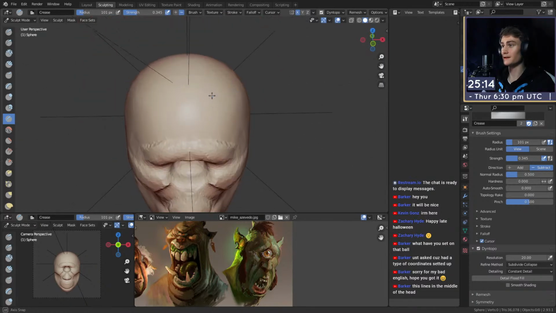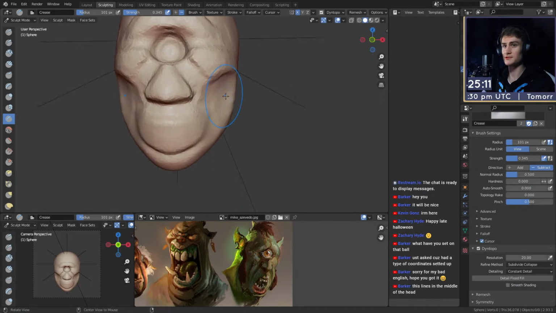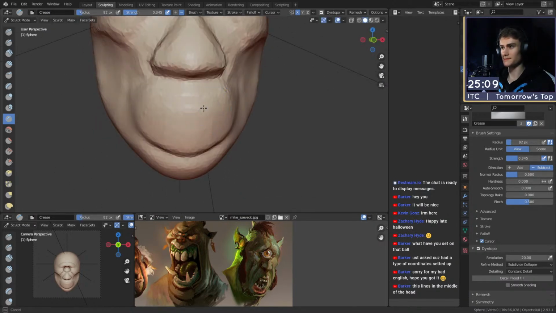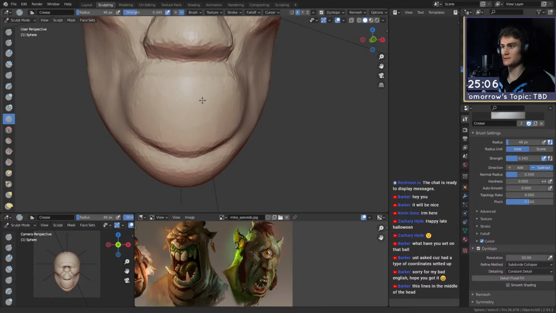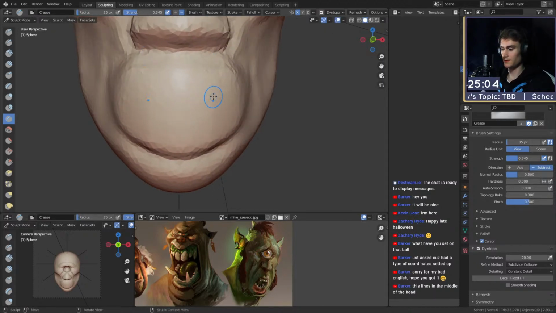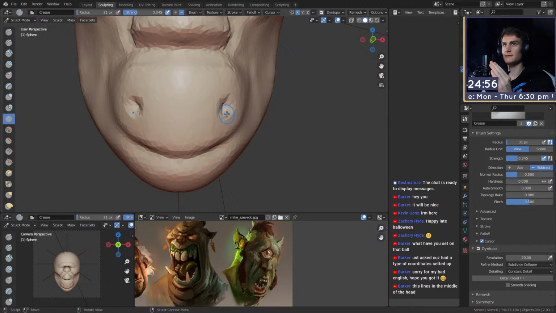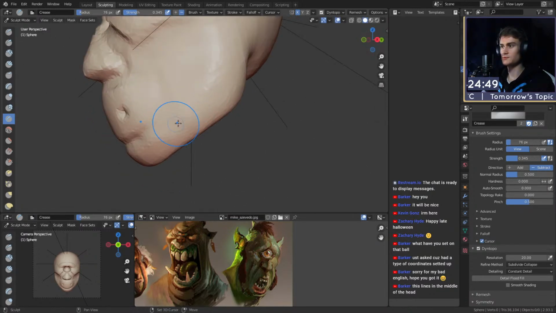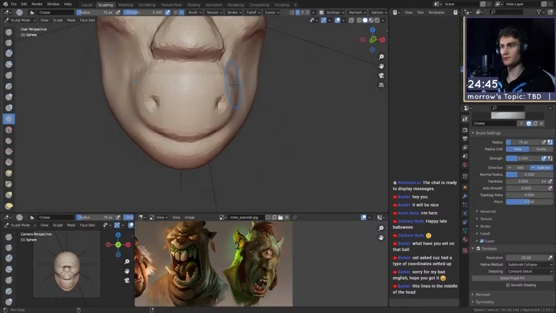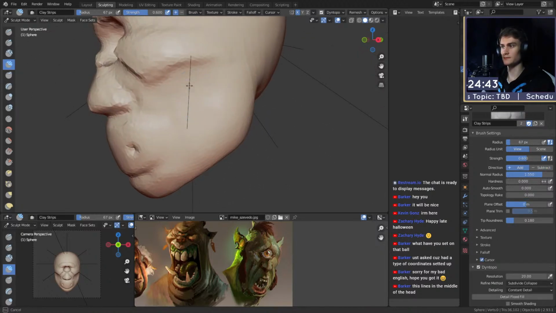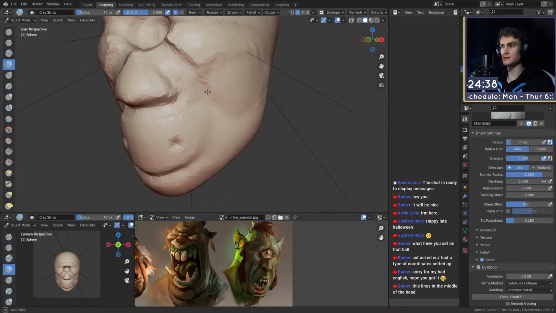The lines in the middle of the head. Oh, you mean these? These are just empties. They're not really part of the sphere. These empties are basically just objects that have no... Well, they're not really objects. They're basically just points in space that you can use. They're basically objects without a physical appearance. You can utilize them in multiple ways to use different functions, like constraints, for example,